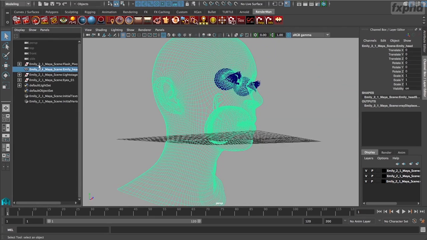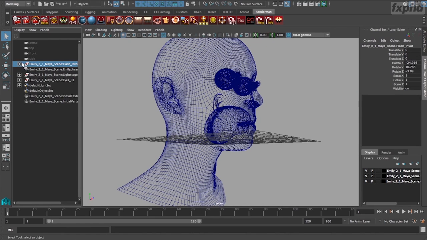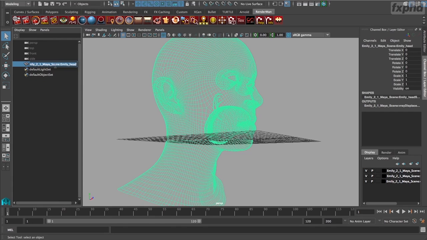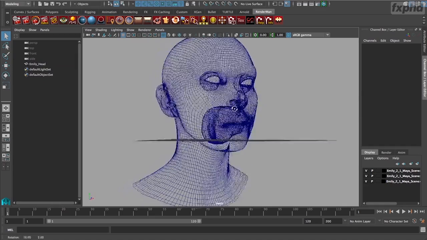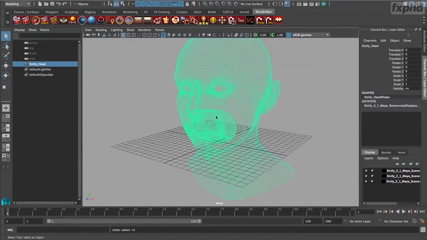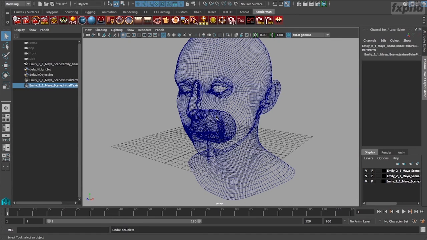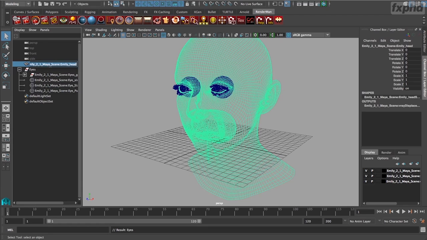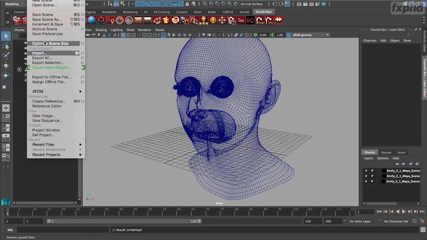However, if I have a look in here, you can see I've got a ton of stuff that I don't want. So I'm going to come in and I'm just going to delete this, this, and these other bits and pieces. And I'm going to rename this to Emily Head. So this is our master. Okay, it looks like I deleted the eyes by accident, so let me just fix that. So you just want to keep those eyes and Emily Head. So I'm going to go ahead and I'm going to run optimize scene,